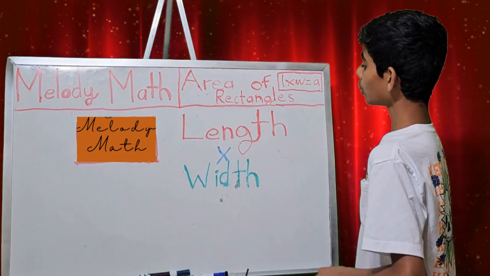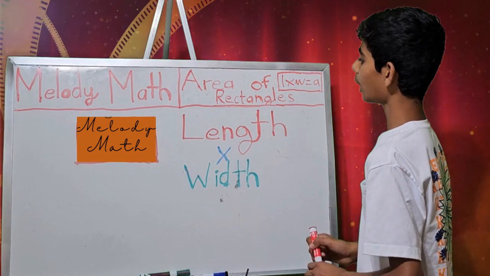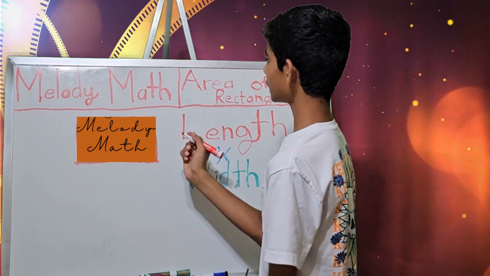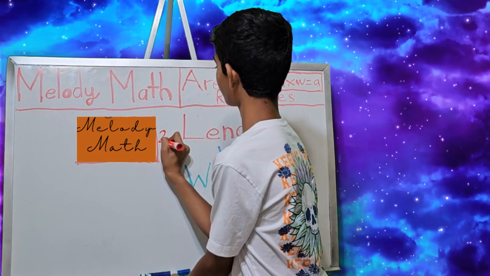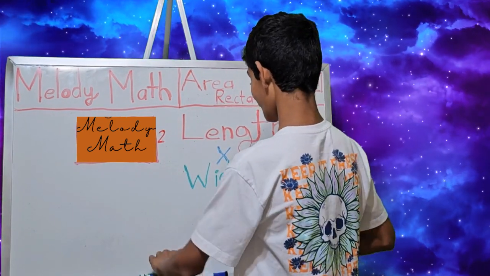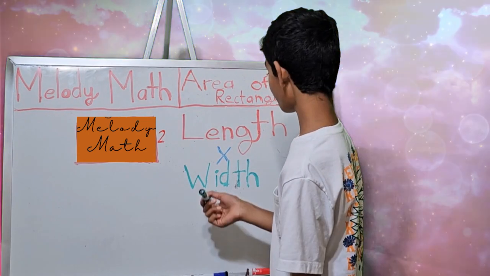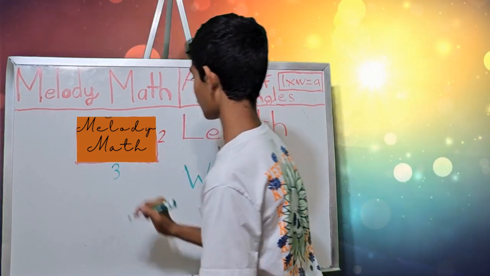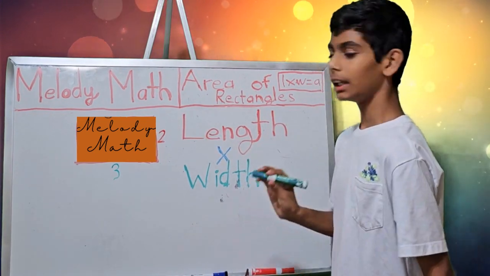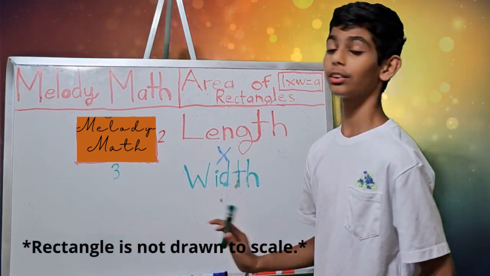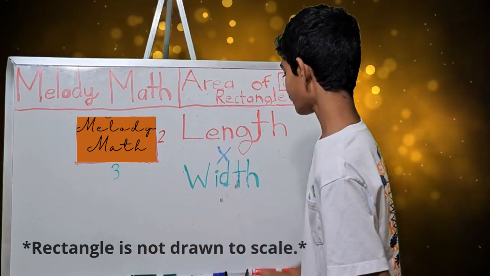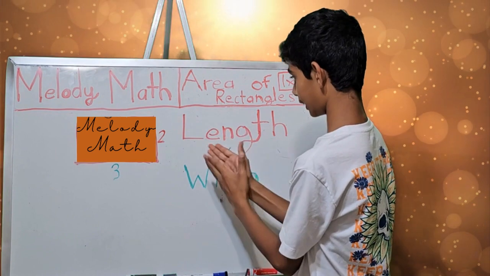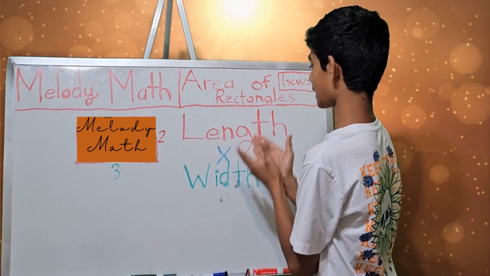Okay, so let's give a value for the length. So let's say the length is equal to 2, and the width is equal to 3. Okay? Just so you guys know, this rectangle is not a triangle. Okay? So if 2 is the length and 3 is the width, and length times width is equal to the